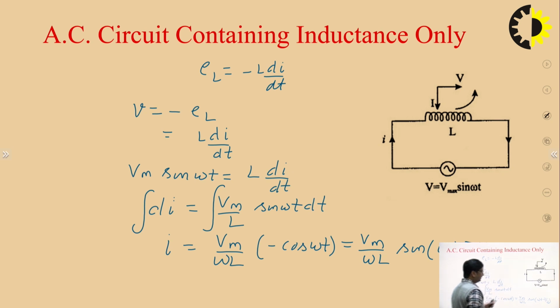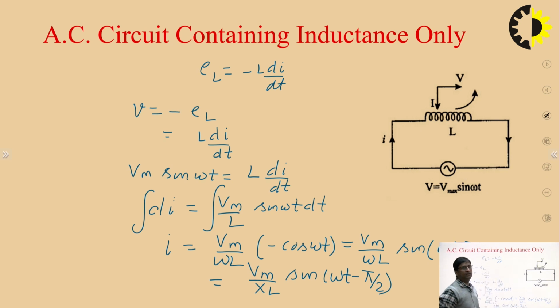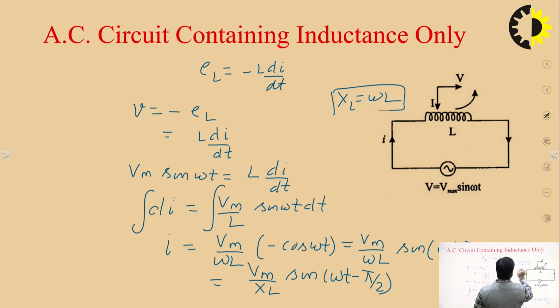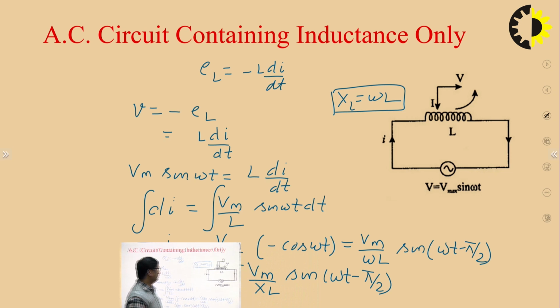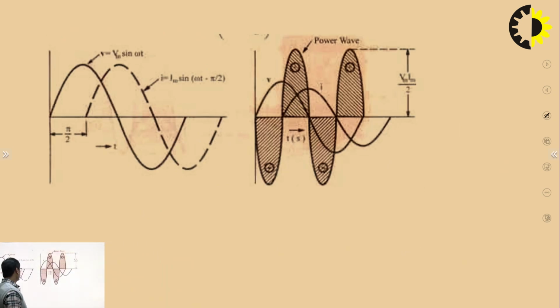So this is the expression of current, where you can also write Vm upon XL into sine omega t minus pi by 2. This XL is nothing but the inductive reactance. So XL is equal to omega L, which is called inductive reactance. Now we can say that this current is lagging behind the voltage by pi by 2. If you draw the phasor diagram of this,